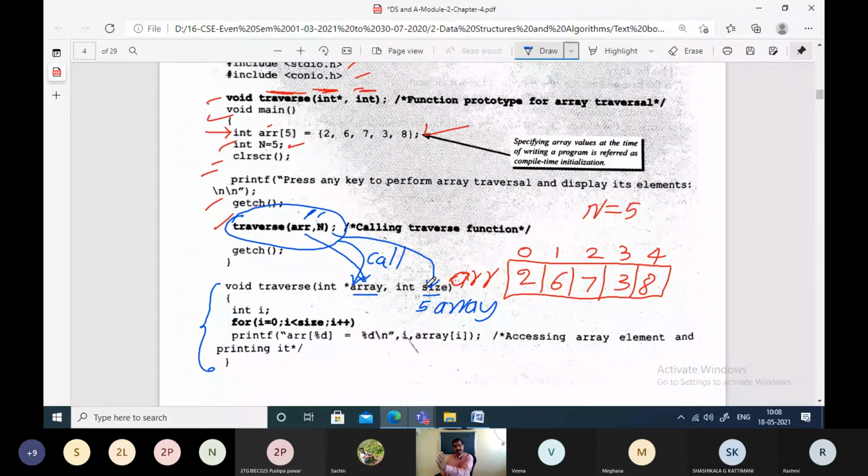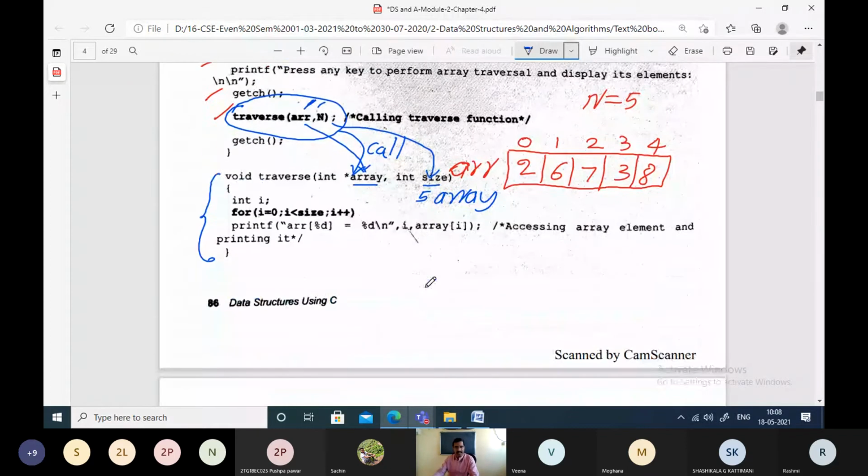Now let us see how the array elements are accessed, how the array gets traversed. We declare a variable called i, and the for loop usually works with 3 parts: initialization part, condition checking, and modifier part or incrementation. The modifier part can be either incrementing or decrementing the variable depending on the type of task we are doing.